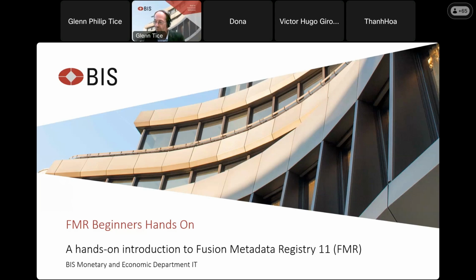So finally, before we get on with a little bit more of the hands-on, just a very quick reminder of the key use cases. We saw from the definition of FMR earlier that its main function is as a centralized metadata repository. That indeed is the case, and that may be considered its main purpose, and that allows